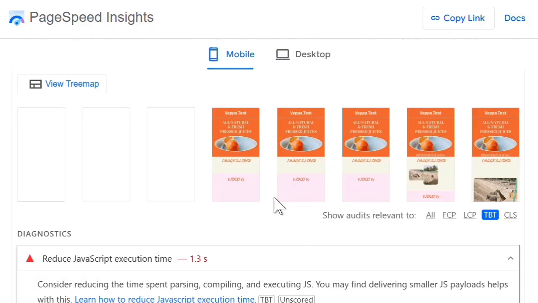We need to wait for user interaction, or wait at least 5 seconds if no user interaction happens. So other important content like text, images, and all visual elements will be visible, and page rendering completes in most cases. Most of the page should be completely rendered, and then we start executing those JavaScript files, because they are not important. They shouldn't be run instantly. They can wait a couple of seconds